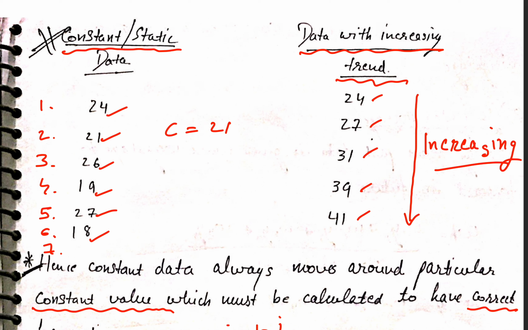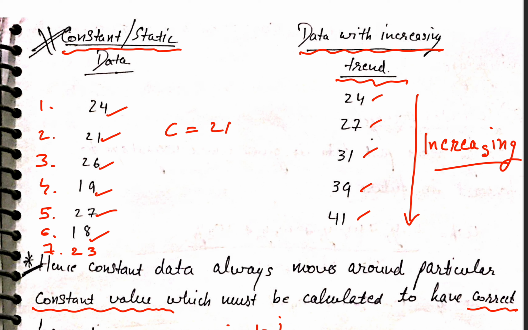The actual value could be less or more, but it will revolve around this. If somebody asked me the price of a certain thing, and earlier it was 24, 21, 26, 19, 27, 18, then what could the price be? I will say it will be around 21 only, because I calculated the average. I know it will be somewhat less or somewhat more, but around this number. Now let's say the actual price came out to be 23. So what is the error?